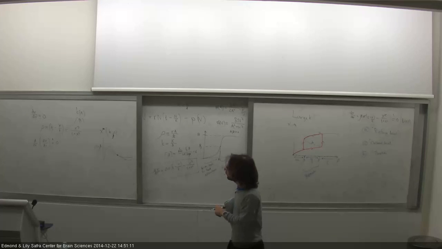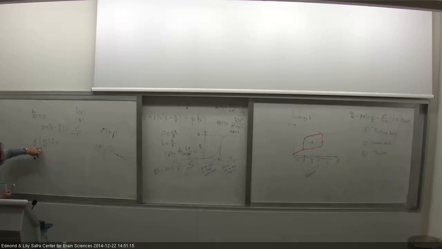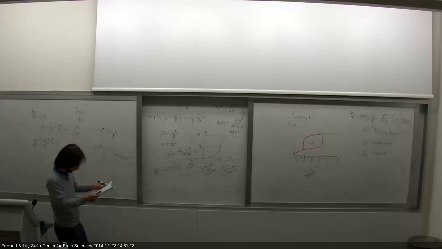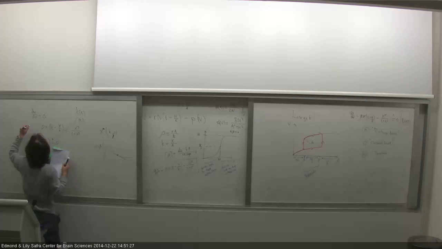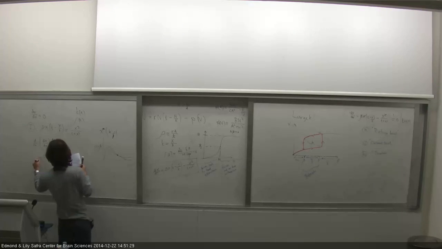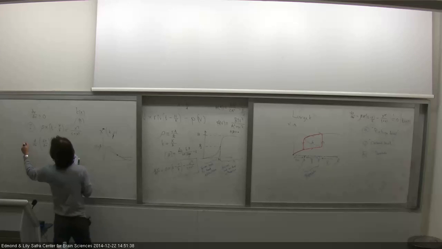So I have two conditions. To solve this, I will differentiate this and differentiate this according to x, and then solve. So this is condition number 1. From condition number 2,